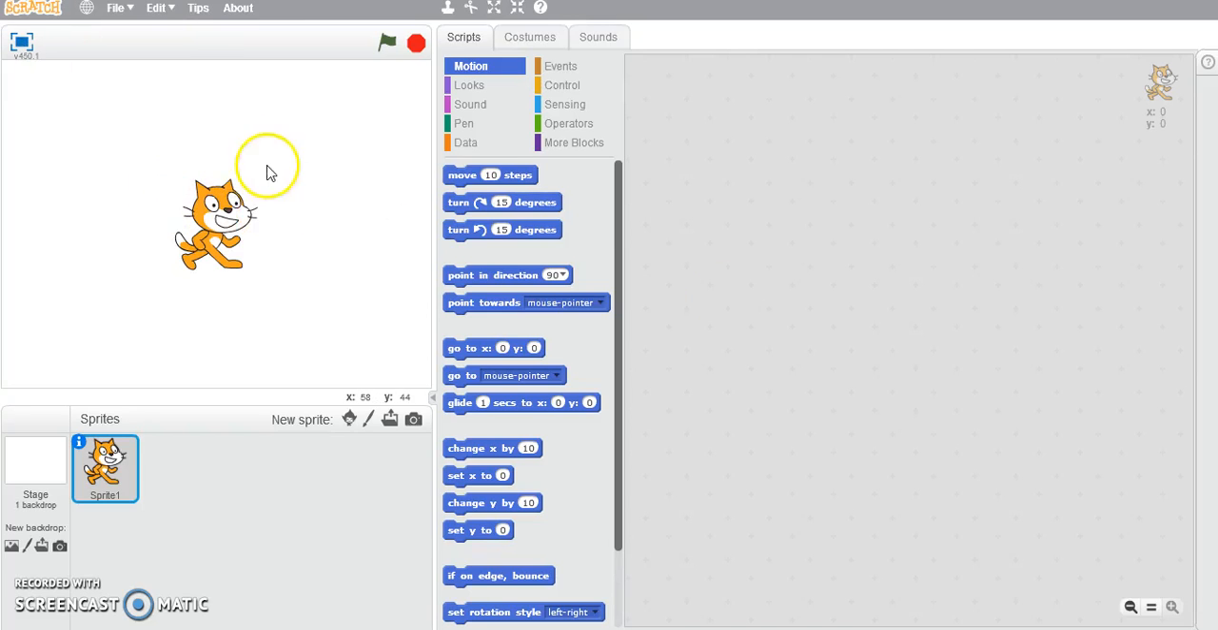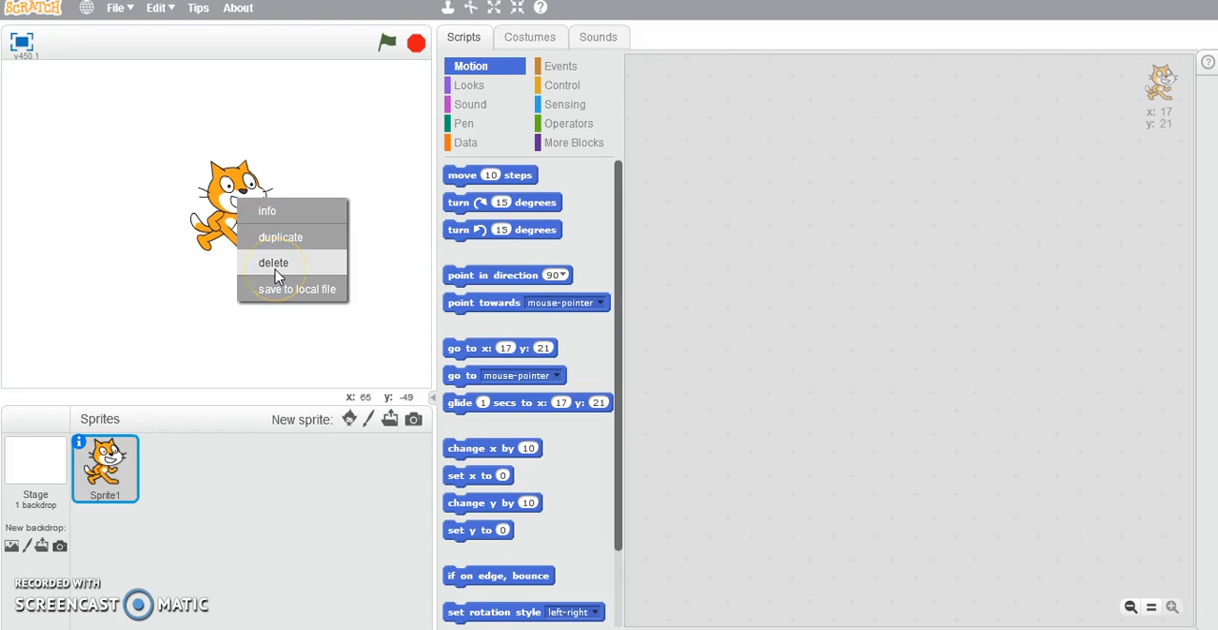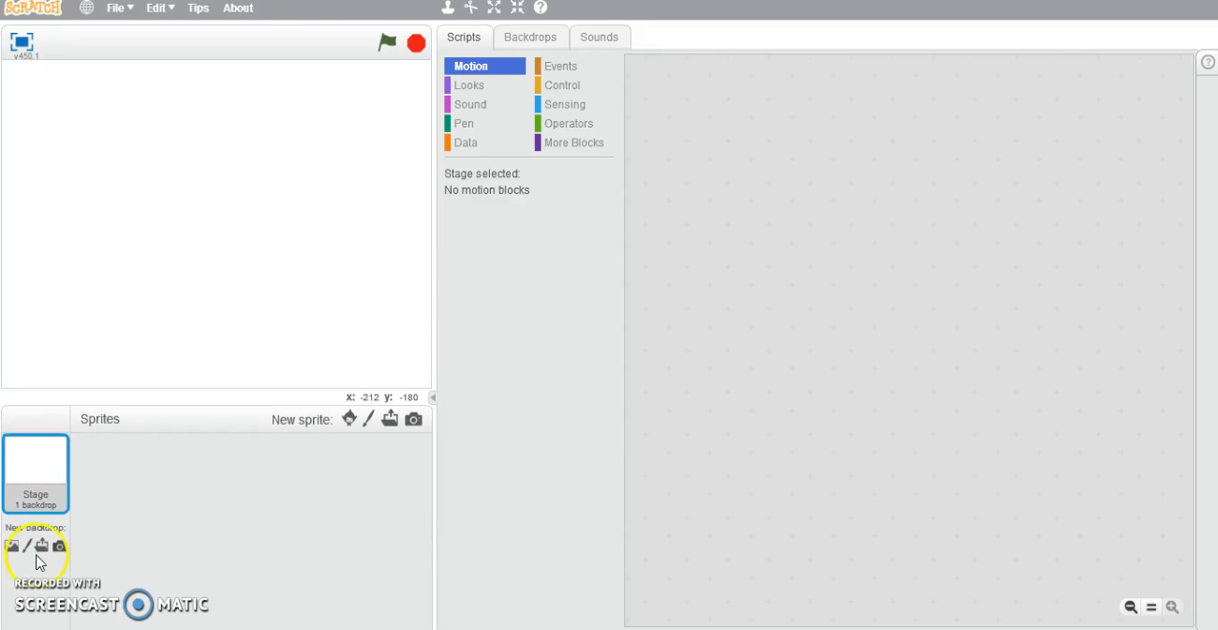Hi there. In this exercise we are going to create our own little shoot 'em up game, which is going to be pretty cool. So to start off with, we are going to right click on our cat and delete it, and then we are going to choose our own little background here. So I'm going to choose new backdrop,